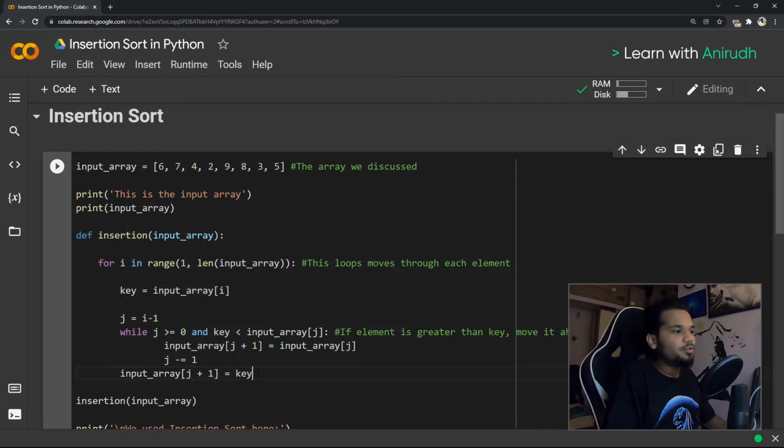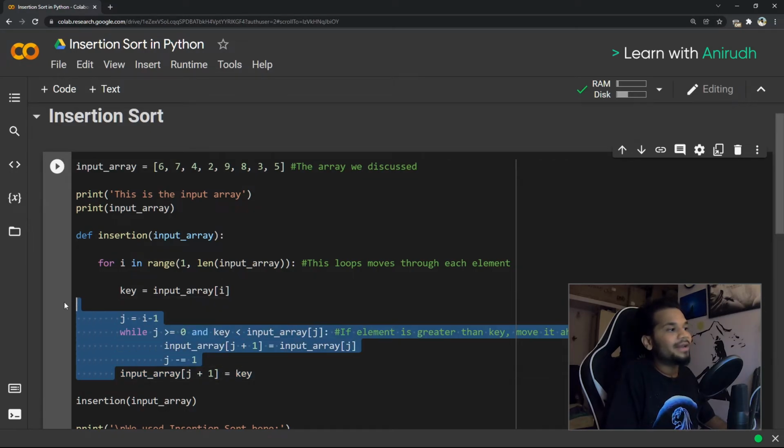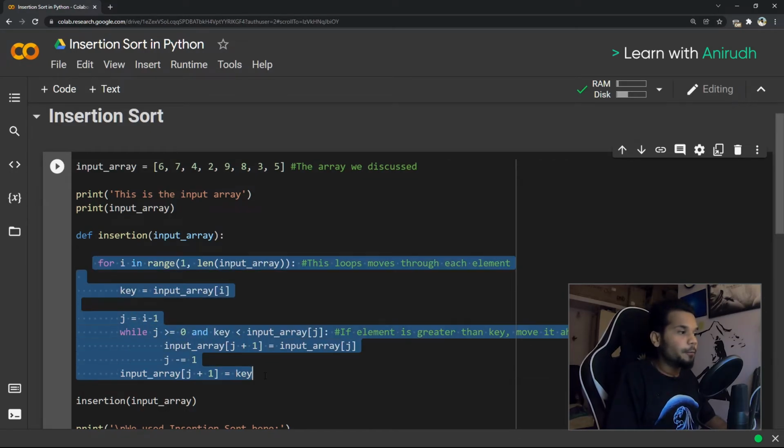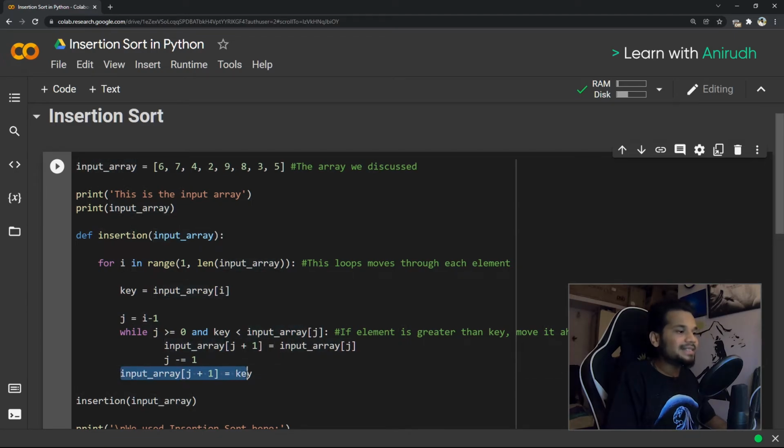And every time you forget the last line. If you do not assign the next element to be the key, it is not going to help you perform any comparison going ahead, because this for loop, right? This statement is still in the indentation of the for loop. So this is going to still run through the entire for loop. So ladies and gentlemen, make sure that you guys do not forget this.